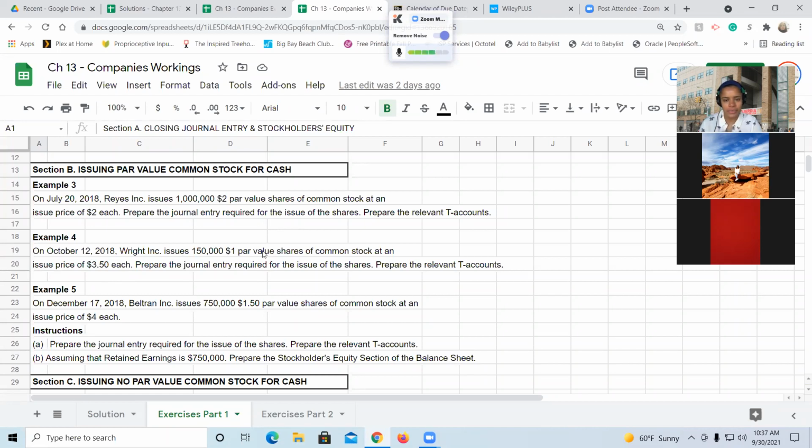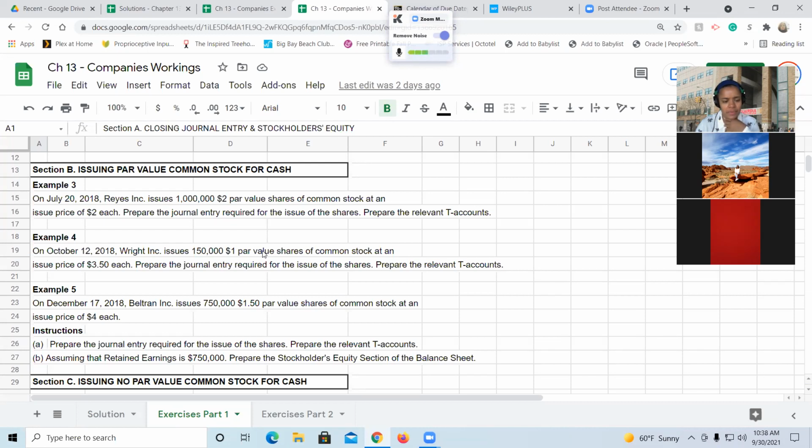So a $1 par value, we already know that par value is an arbitrary amount that the company assigns to the stock. This is a legacy issue from back in the day when company law required companies to have a par value so that creditors were protected to some extent. If a company was not doing so well, they couldn't just, before declaring bankruptcy, pay a dividend to their shareholders that empties out all their money. And then when they do declare bankruptcy, the creditors don't get anything. But as time has progressed, the par value has become less relevant, and